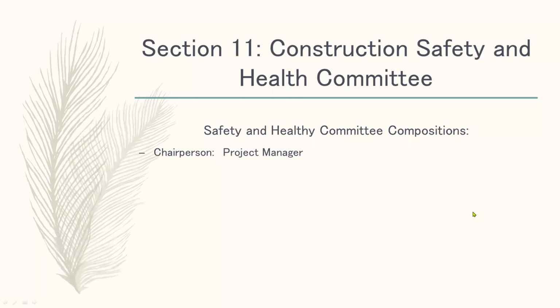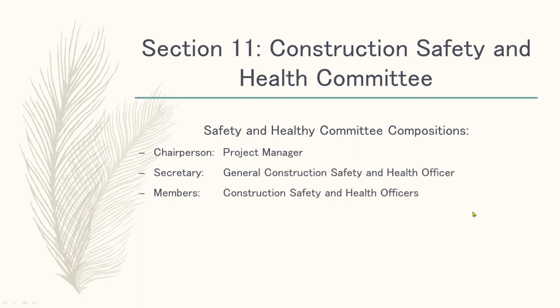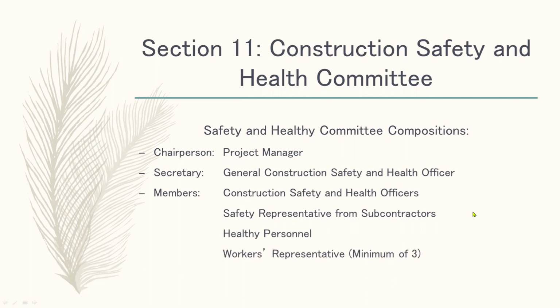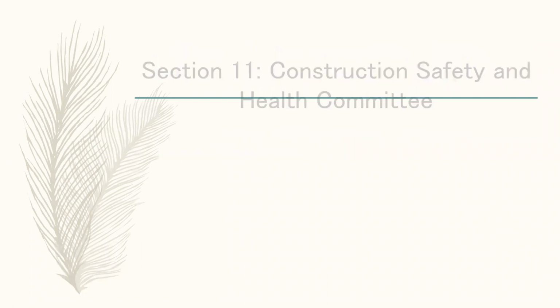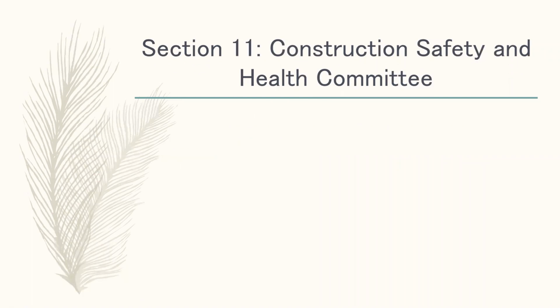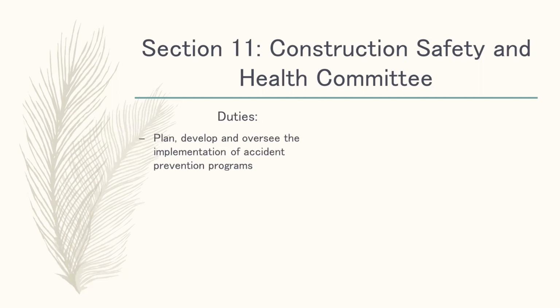First, we have the project manager as the chairperson, the General Construction Safety and Health Officer as the secretary of the committee, and the members are the following. We have the Construction Safety and Health Officers, safety representative from subcontractors, health personnel, and workers' representatives for a minimum of 3. Again under Section 11, we have their duties: to plan, develop, and